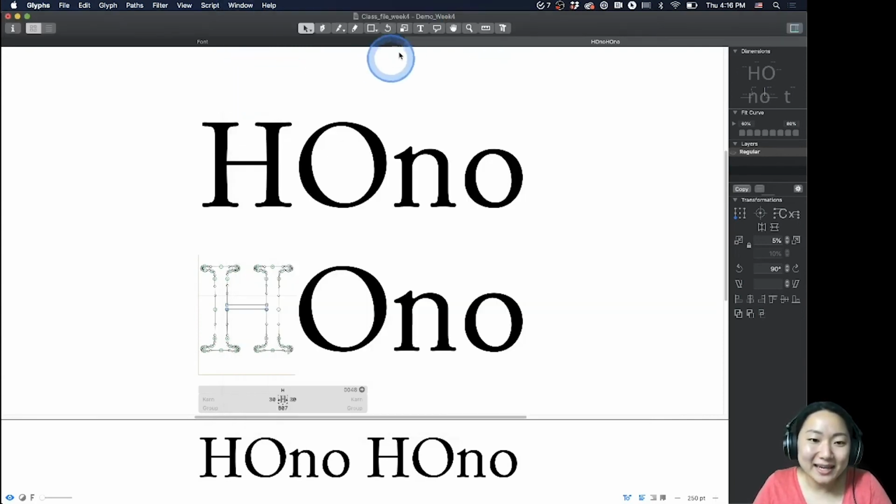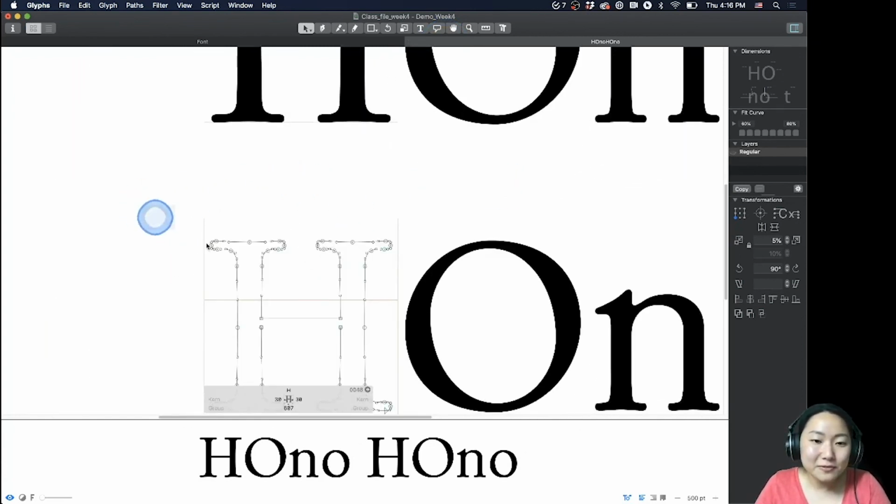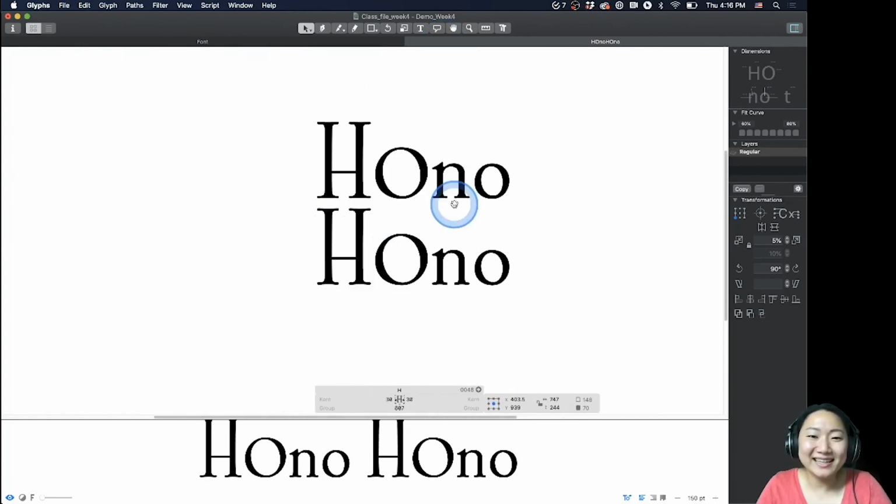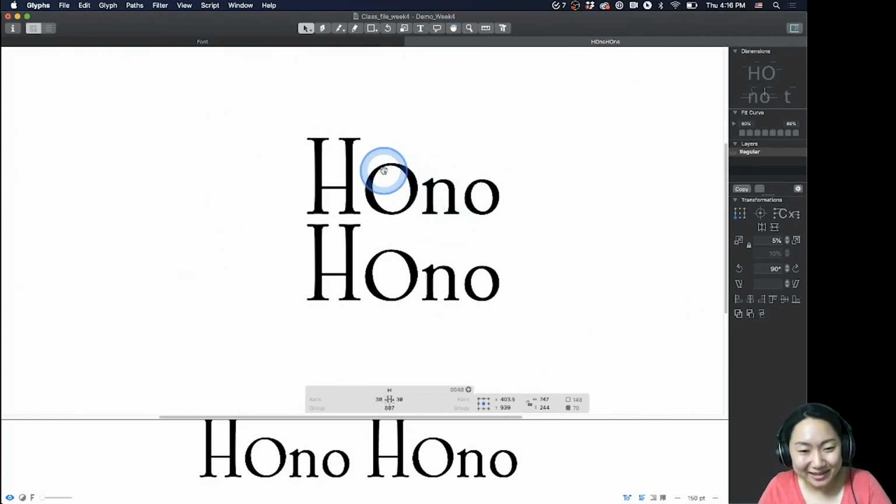If I go back and come back, you'll see that the cap height is really, really high. If you do it really high, first of all, it starts to look ridiculous, and if you keep on going, it will get taller and taller.